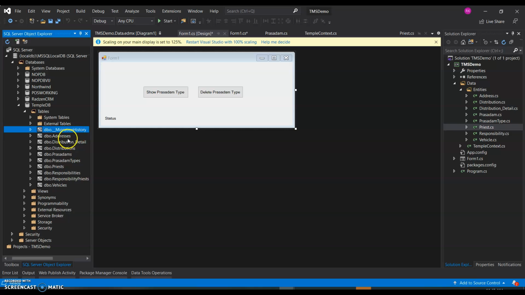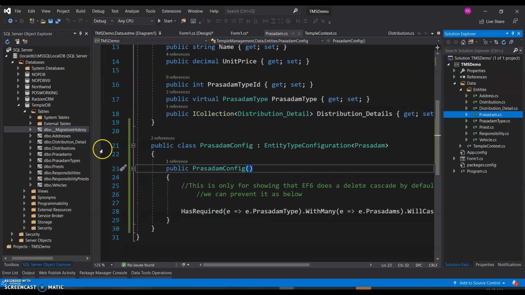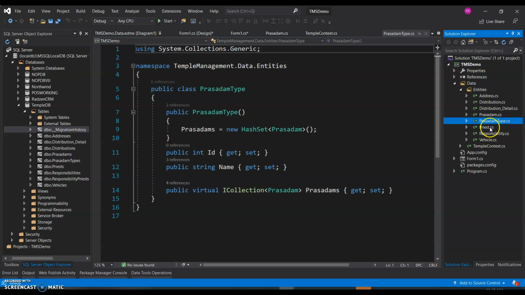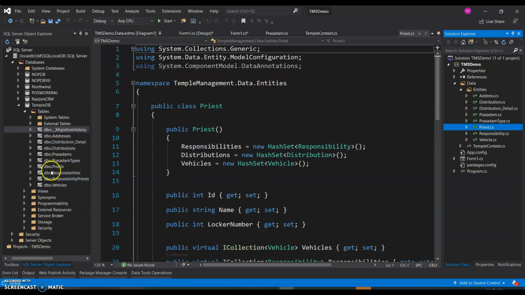The job of this migration history feature in Entity Framework is to make sure that our models, that means our entities, are in sync with our tables. The moment we add any property here, and it is not present in the database, it will throw an exception.